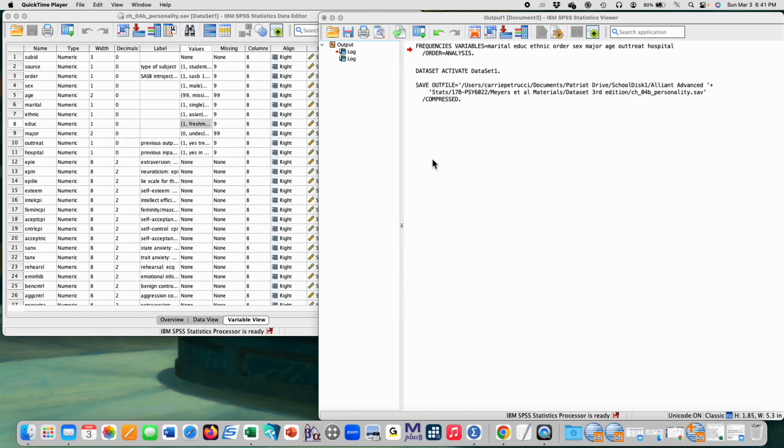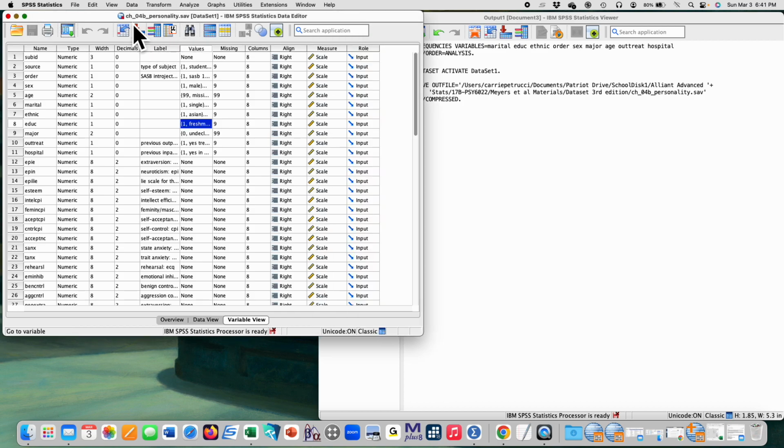to show you how to filter cases, which means just temporarily removing cases from a data set so you can run your analysis. We often have to do this with a two-way ANOVA, where we have a categorical variable, but not all of the levels of the variable are big enough. So for example, let's look at chapter 4b,